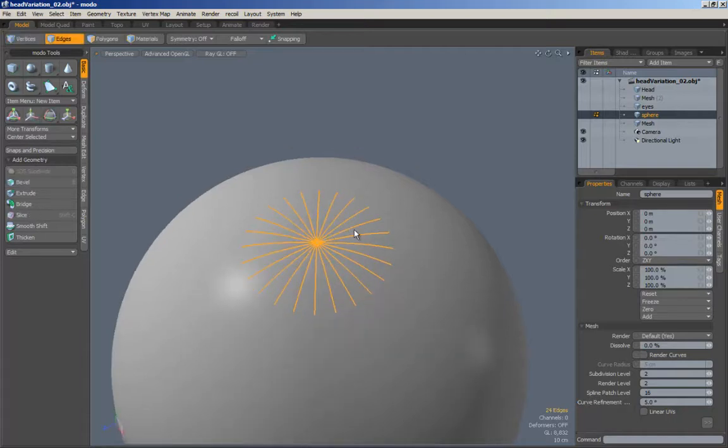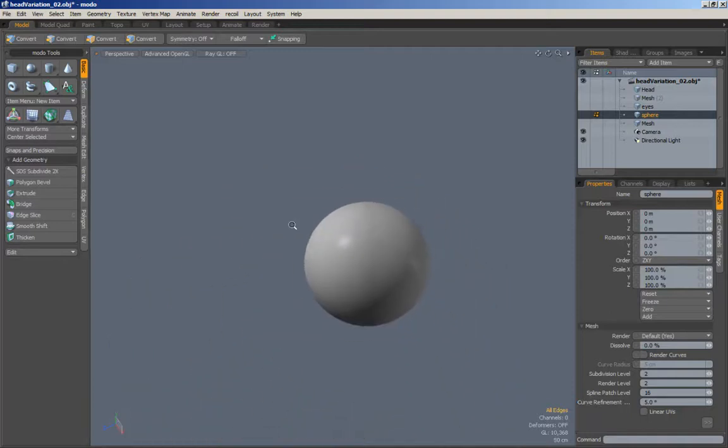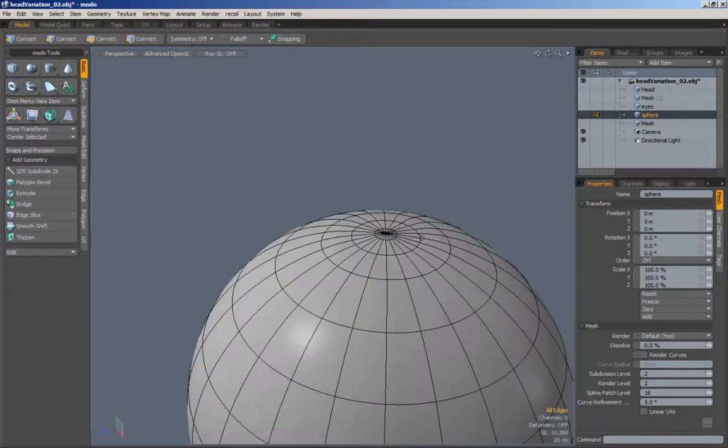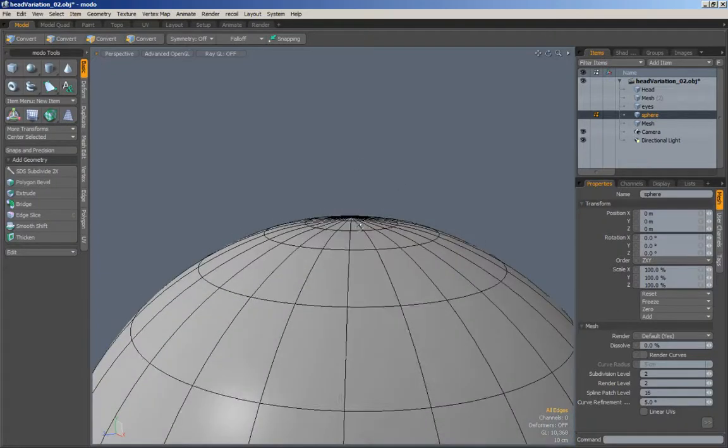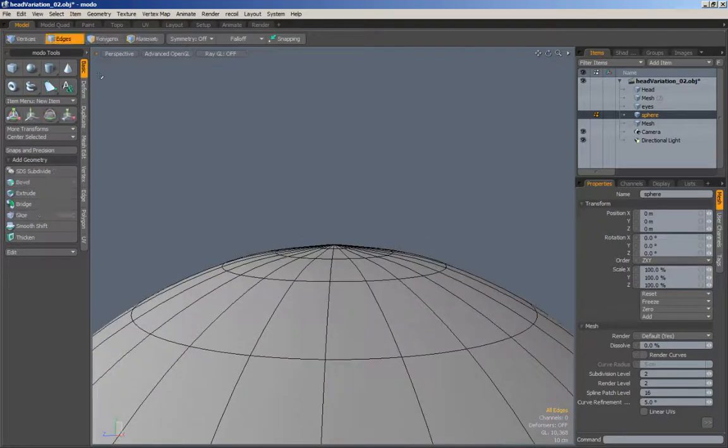If I was to add another edge in here, if I was to split those edges, you'll now notice that the star is getting slightly smaller. Let me do that again. If I bring those edges closer and closer together, you'll notice that the star gets smaller and smaller until it really isn't much of an issue. However, if I zoom out from my model, you'll now notice that there is, in fact, a pinch being made by these new edges. So, in order for me to fix that, what I have to do is